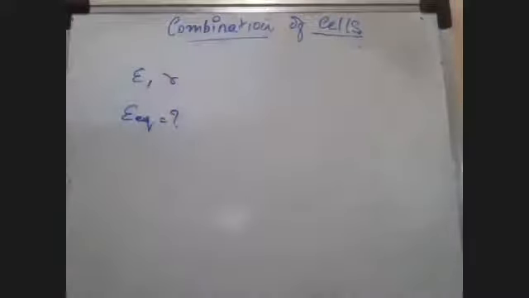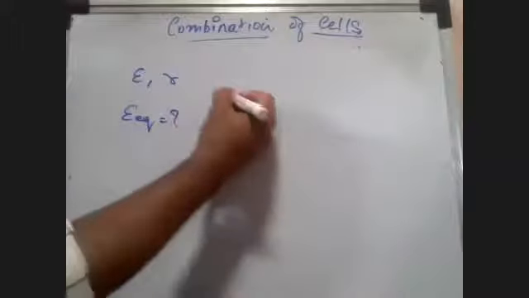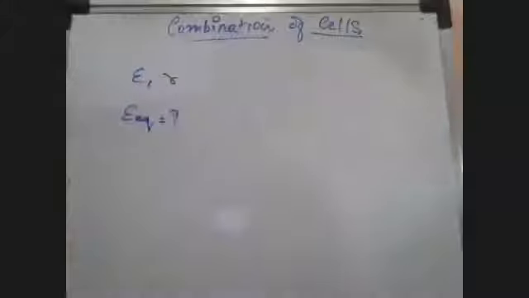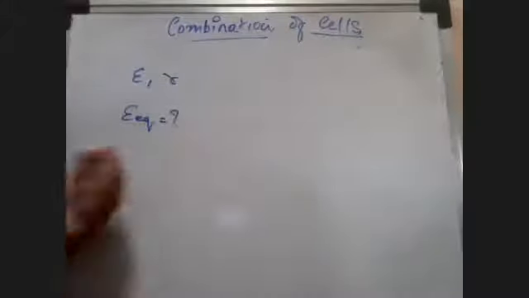We have not yet touched the series-parallel combination. So can you tell me the approach? The question is simple. There are n identical cells, all connected in series. Each cell has potential epsilon and resistance small r, and one of the cells I have removed and connected in opposite polarity. I have taken one potential and just reversed it in the entire circuit. Then what can be my general expression for E equivalent?